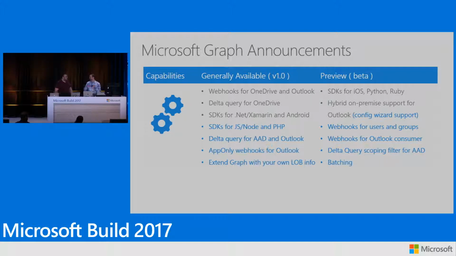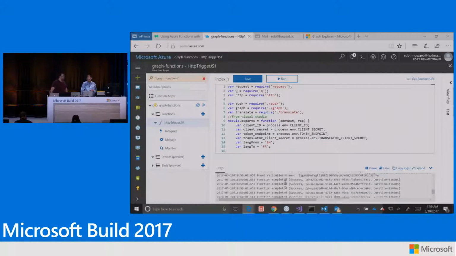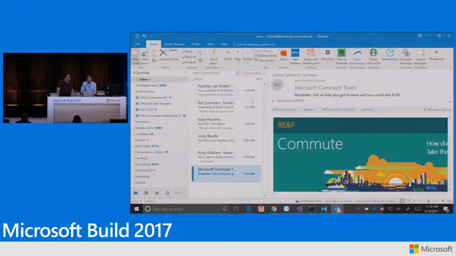All right, and now we're back. So as you can see, I finally called this. The Azure function woke up. When I subscribed to it, it came back with a status code of 201, meaning that it was successfully able to create that subscription. I get an identifier for the subscription there. If I go back and I look at the graph function, you can see where some of those validation requests were coming in. And now if I actually go and send a mail,